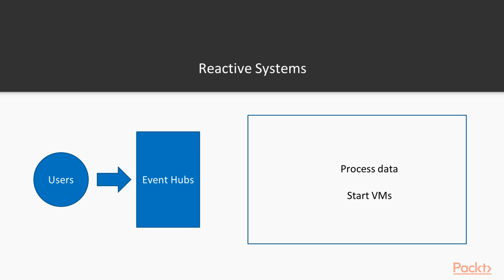The queue is being monitored by a special program which we will discuss as a serverless application in the coming modules. That serverless application listens to the events in the event hub, such as enqueuing of the messages, and then it processes all the information in that message to perform an action such as processing the data or starting the